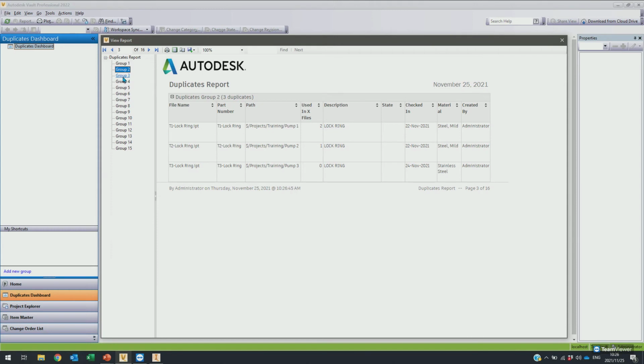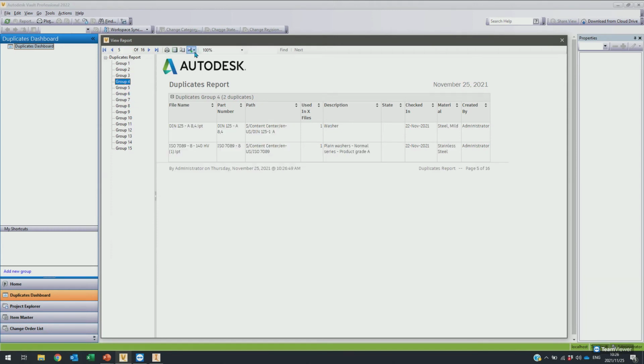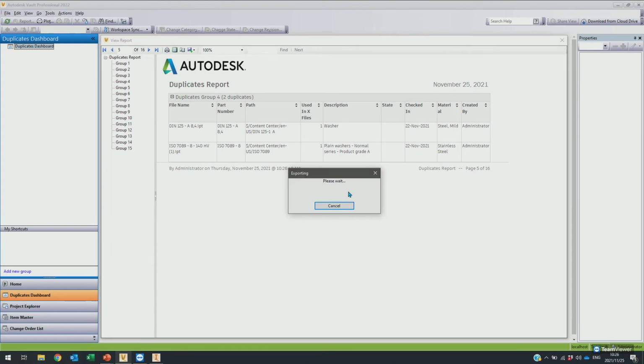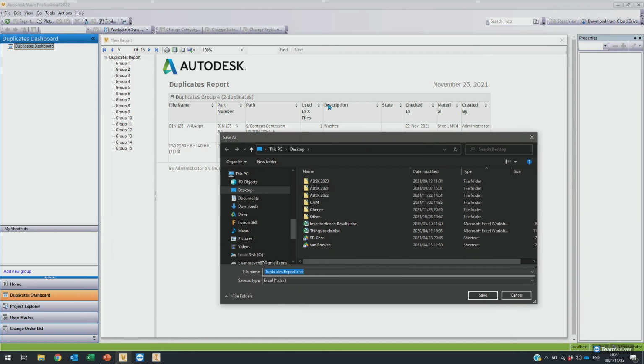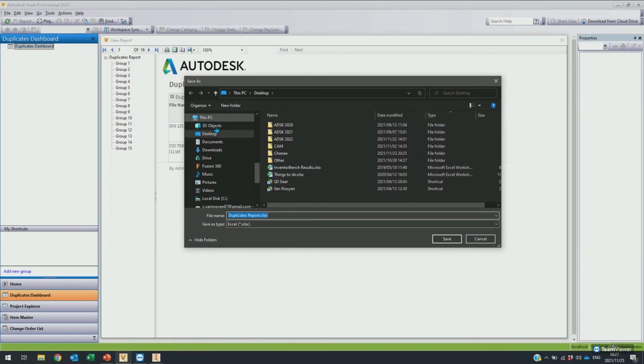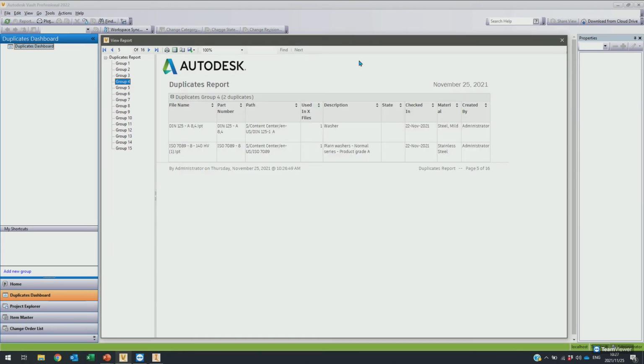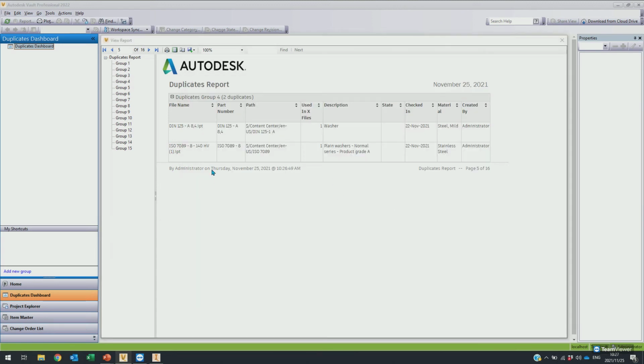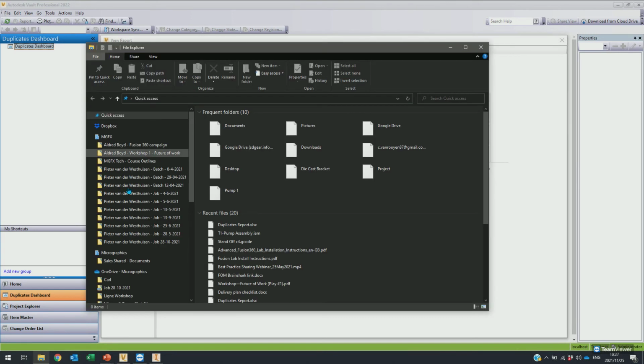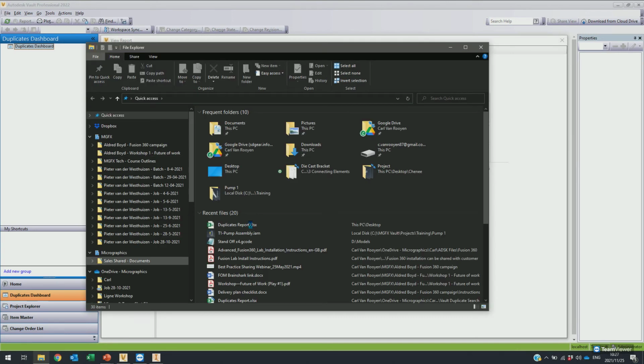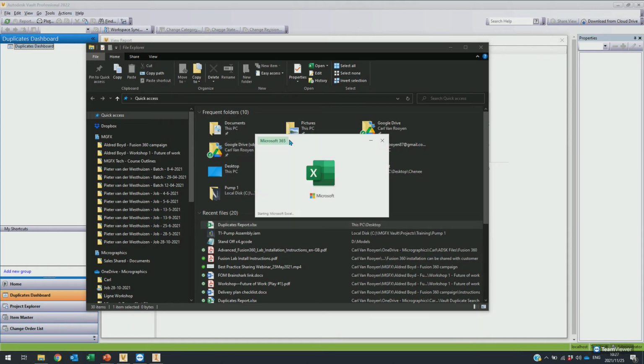So you are able to go through the report, find the different duplicates, and if you wish, you are able to export this to Excel, PDF, or Word. And this is quite a quick process. So we'll go here to Excel, 15 duplicates here. I'm going to export that to desktop, and that is pretty much exported already. And we can open up that